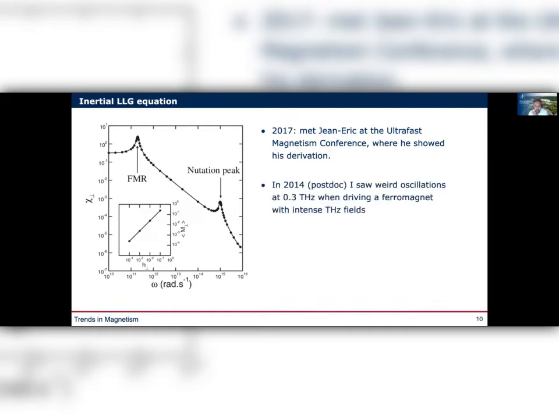And the reason why I thought this is because I had some data in the drawer which I could never explain. It was like you say, oh, someday I will think about it, and then we will see. I saw this in a 3D ferromagnet where I could measure FMR and so on. This was done in a pump probe setup with terahertz fields that I was learning to use when I was a postdoc. And I saw this 300 gigahertz oscillation with a system that had an FMR of a few gigahertz.